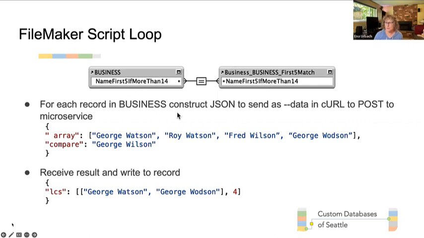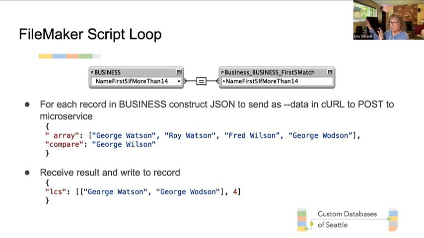And you might notice that it's more than 14. I only included things that were longer than 14 because the fuzzy matching doesn't work really well if you have very short strings. Anyway, in this FileMaker script loop, for each business, I want to construct a JSON to use